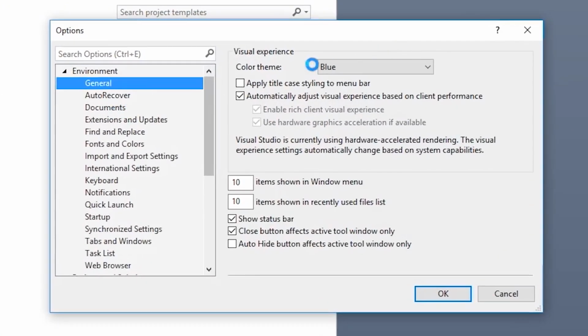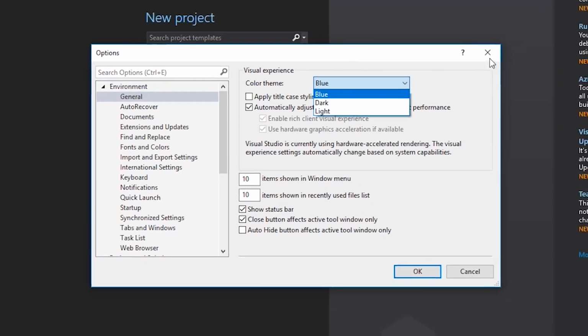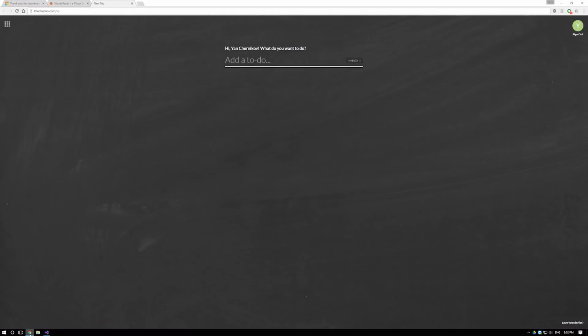I quite like dark mode. There's a color theme. You can just go ahead and change that to dark. You can see it's actually already loaded my settings just from the cloud and everything. Now I've set up Visual Studio the way that I like to use it, including the syntax highlighting theme and everything like that. If you guys want to use the same settings as me, you can just go ahead